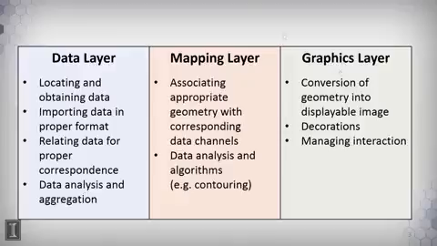So the data layer is responsible for finding the data, collecting the data from different sources, making sure those sources, which may have the data in different formats, that the data can be combined into a uniform data store, and making sure that the data is related between different sources properly. And then there's some analysis and aggregation to run statistics on the data, make sure that the data is collected at the right frequency. And then that data, once it's in a single package, is sent to the mapping layer,